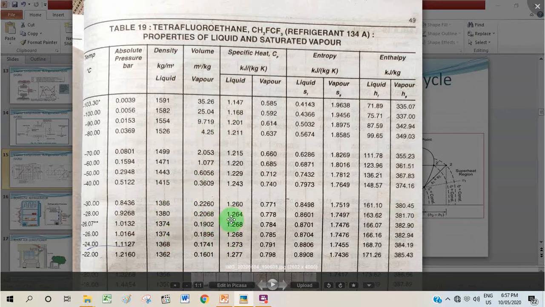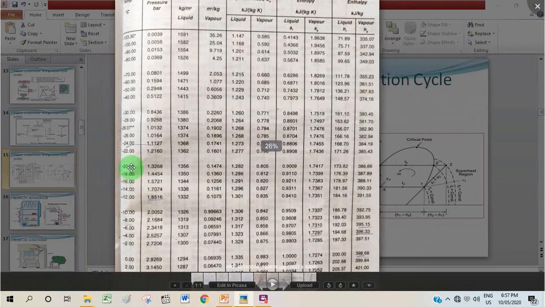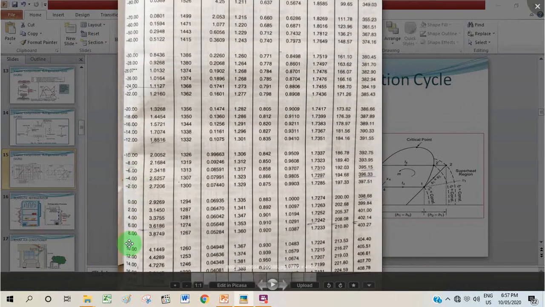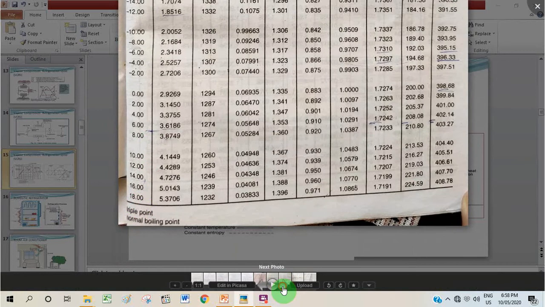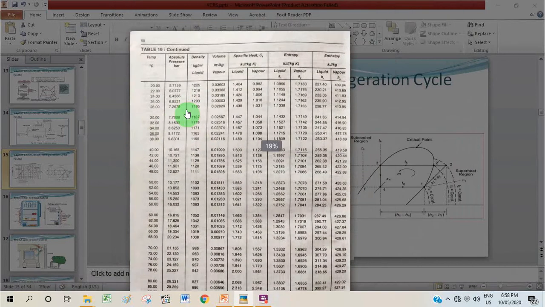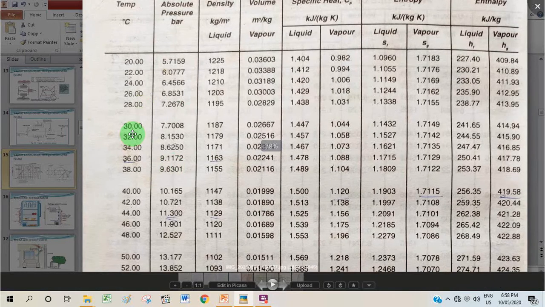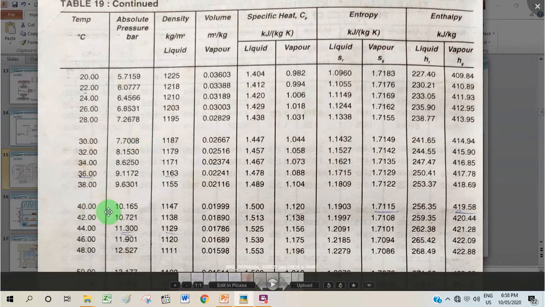In a similar fashion, I will look for plus 40 degrees Celsius here. Now here it is not available, so I will move to the next page. So this is the next page, and this is the 40 degrees Celsius line. In front of it all the saturation properties are available. So I extracted this data and